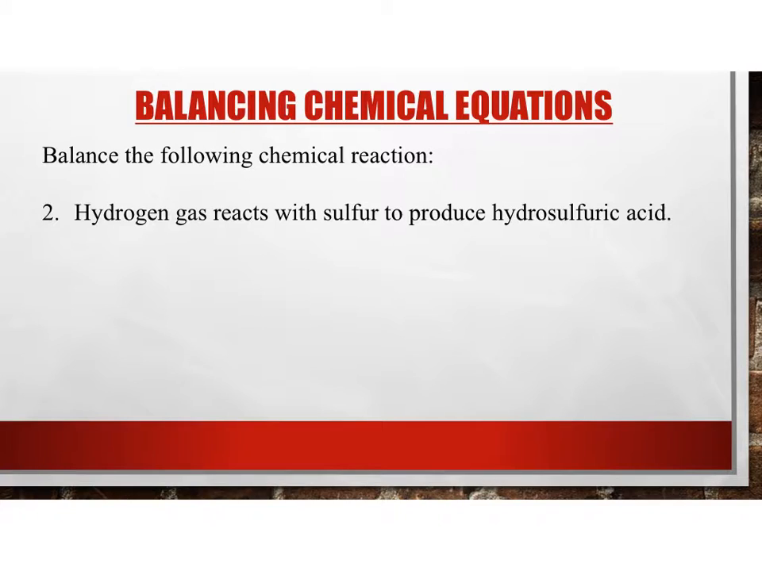In my next example, I have hydrogen gas reacting with sulfur to produce hydrosulfuric acid. Again, because I'm balancing, I'm going to give myself a place to write my coefficients. I have hydrogen gas. It's a Hofbrinkel. So it's that, plus I've identified it's a gas reacting with sulfur. Sulfur is not a Hofbrinkel, to produce